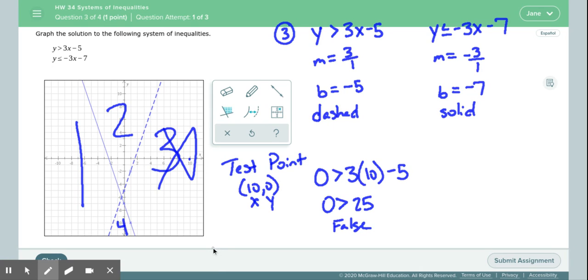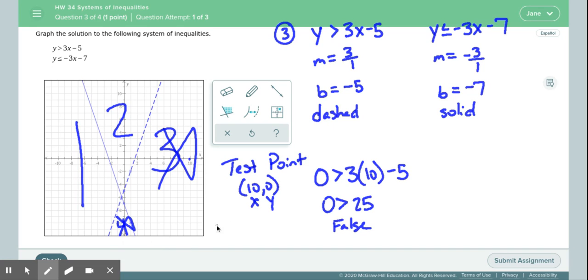If you're confused on this next part, do a test point for each region and see if it's true for both of your inequalities. Okay, here's how I like to do it. Since that one was false and I was using my dashed line, here's my dashed line. What region is also on the same side as region 3 compared to this dashed line? Well, that's region 4,